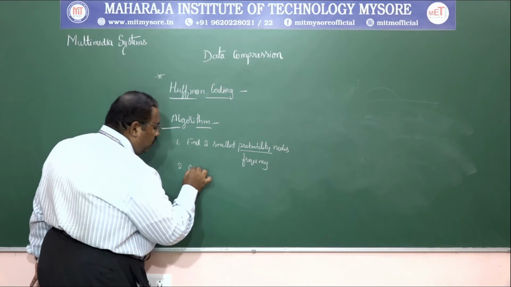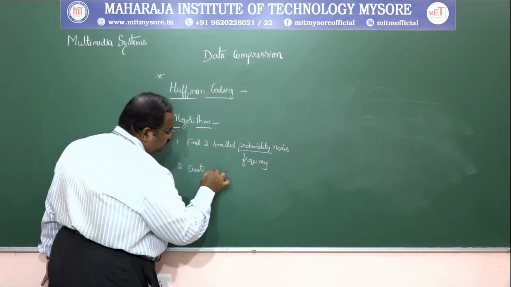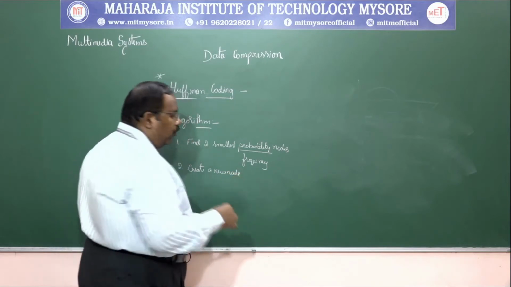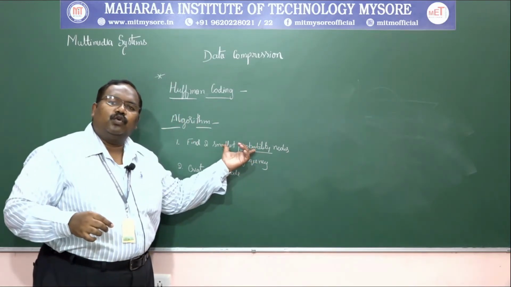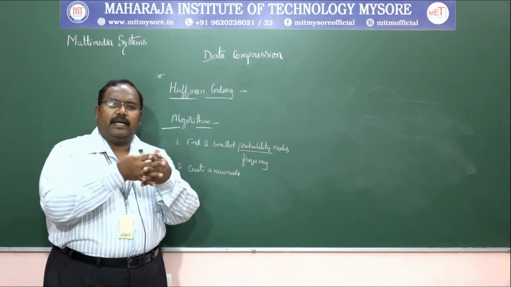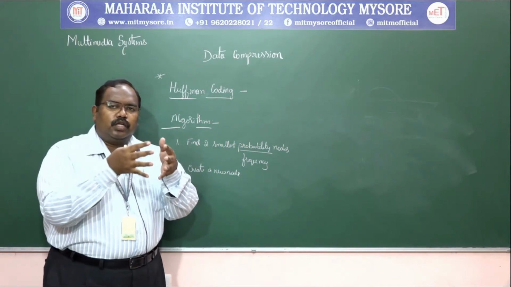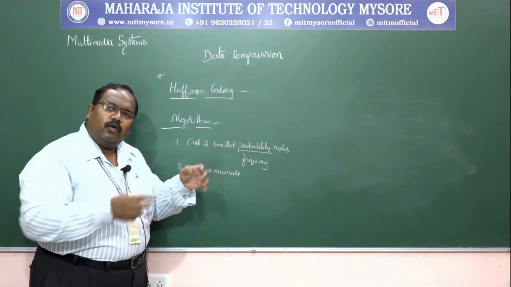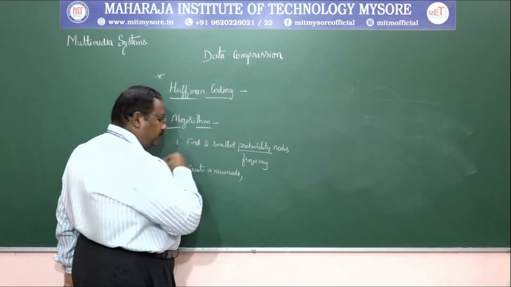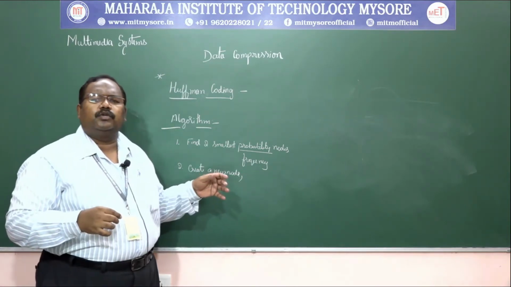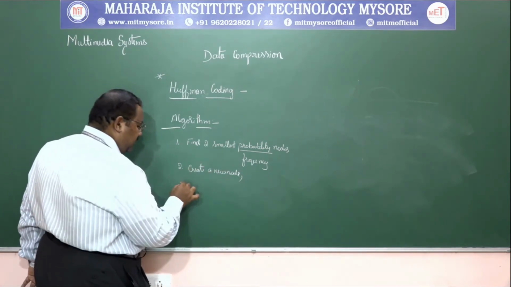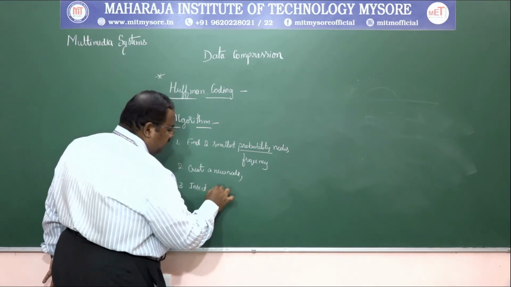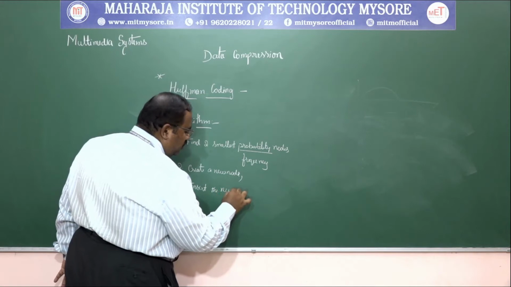Second one, what to do? Create a new node. With what? With what we have found, the two nodes. So you need to combine them, okay? Combine the two nodes we found in the first step and make one new node. After that, what are we supposed to do? Insert the new node